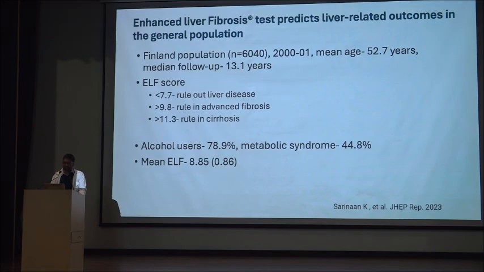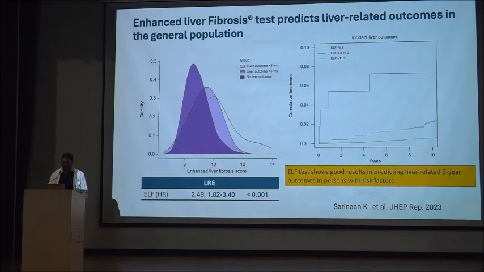to the reference population. Then another non-invasive test is the ELF score, which predicts the liver-related outcomes in general population. This was the Finnish study of 6,000 patients. The ELF score was done one time only, with less than 7.7 as rule out and more than 11.3 for cirrhosis. The mean ELF score was 8.8, and what they found is that as the ELF score at baseline increases,